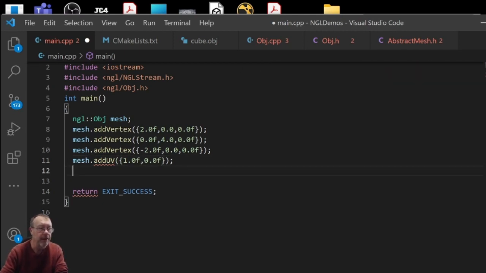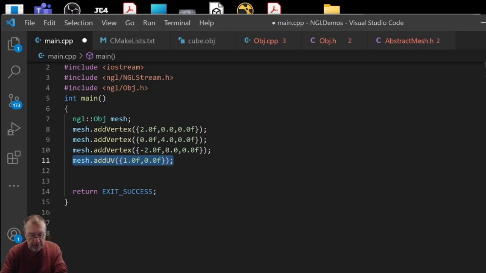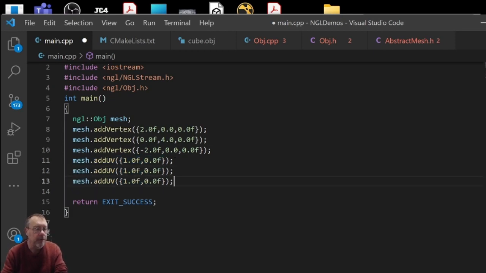So again, I'm going to add 3 UVs, and I'll make this one something like 0.5 and 1, and I'll make this one 0.04,